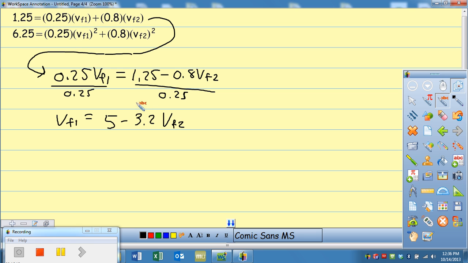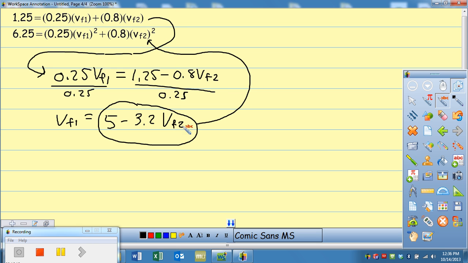All right, so then we take this expression right here and we substitute it in for VF2 right there. So then we rewrite the second equation with that expression in there. And we have 6.25 equals 0.25